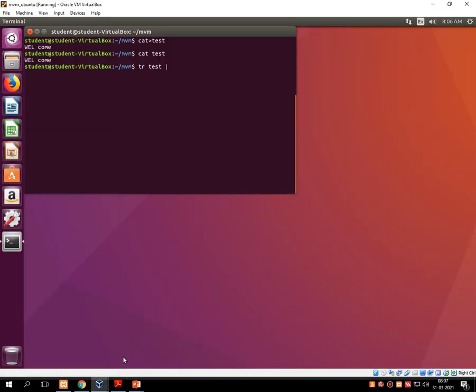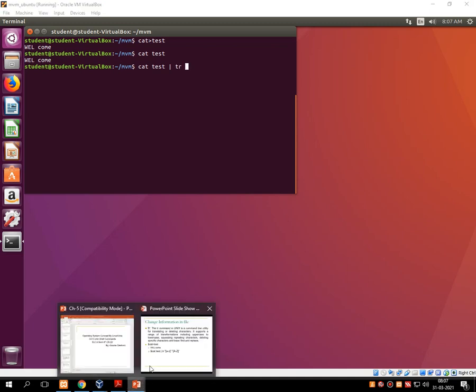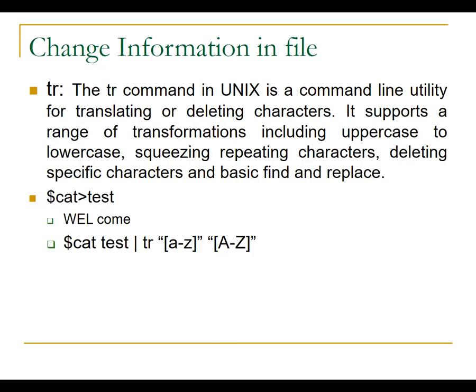One mistake is over here, let me write again. First is cat, then test, then there is a pipeline operator, then the tr command, then space, in double inverted commas,